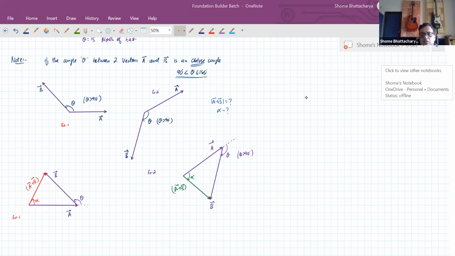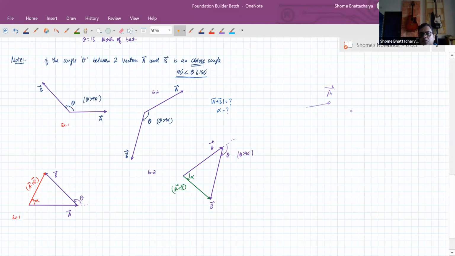Yeah, it doesn't matter, Twisha, how the vectors are drawn in the original diagram. We have to basically just construct them into a triangle now. So vectors are always movable. If one vector is drawn somewhere here arbitrarily, another vector is drawn somewhere here arbitrarily, and now I ask you to find A plus B, in any case you have to pick up these vectors and draw them one after the other. So literally you'll have to pick this vector up, draw it here, and then pick the second vector up and draw it such that it is starting from this one's head. Then in this diagram you can find that the resultant is this one, this is A plus B.